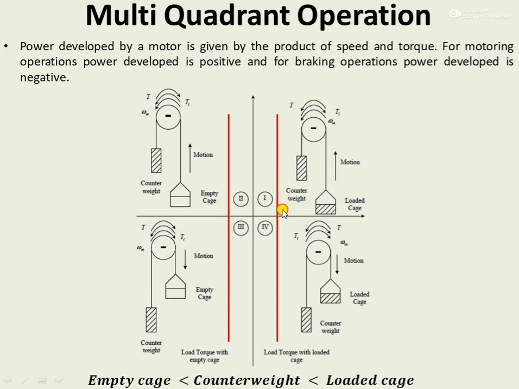Hope it's clear for you now. Just like in the first and fourth quadrant, the load torque is positive in sign, and this load torque is due to the loaded cage. In second and third quadrant, the load torque which is due to